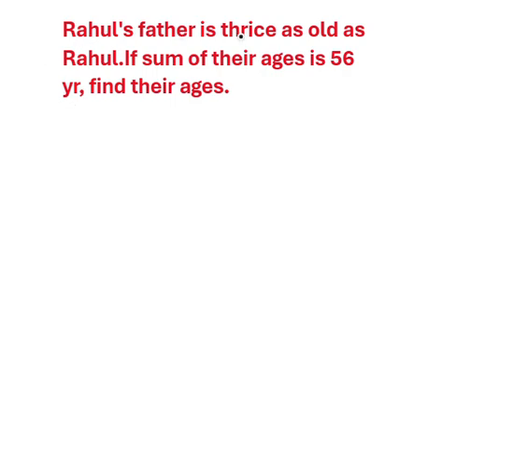Here Rahul's father is thrice as old as Rahul. If sum of their ages is 56 years, find their ages. Now here to solve this age problem with linear equation, we will first have to keep one of the two persons' age as x. Now here we will keep Rahul's age